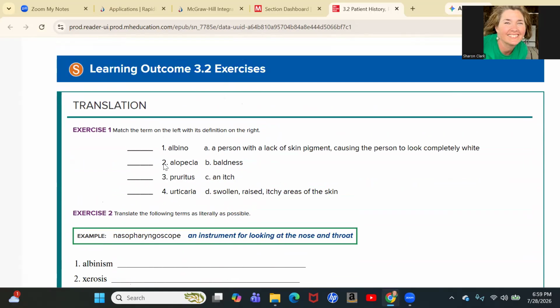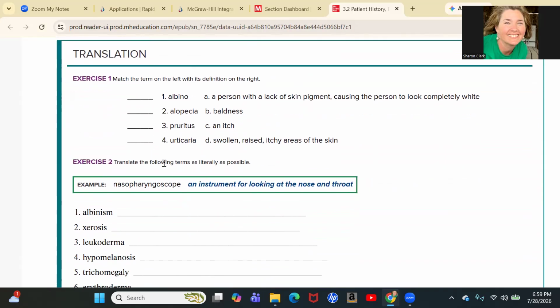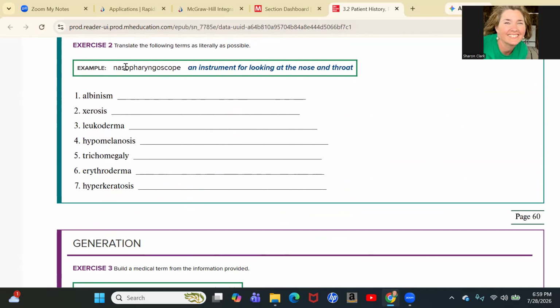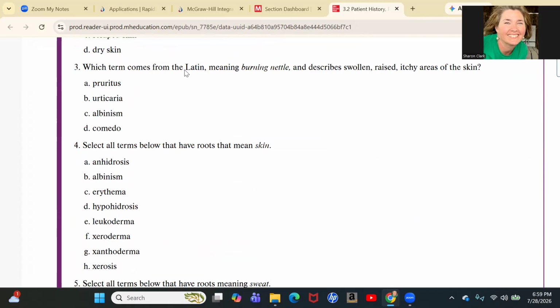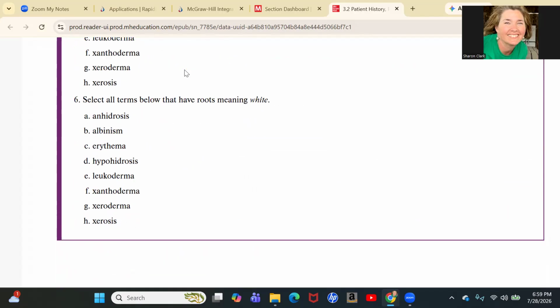Okay. Then you have your learning outcomes for 3.2 here. There again, simply matching them up. Nasopharyngoscope. Okay, break it down into its word parts. Naso meaning nose, pharyngo meaning throat or pharynx. Scope is that term we had in chapter 1, which means instrument. Okay. So make sure you do your